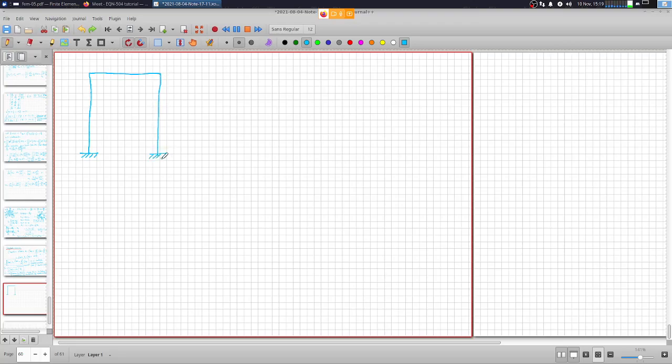Right? So this is a portal frame with rigid joints, rigid jointed members, moment resistant frame, and the nodes are given by 1, 2,